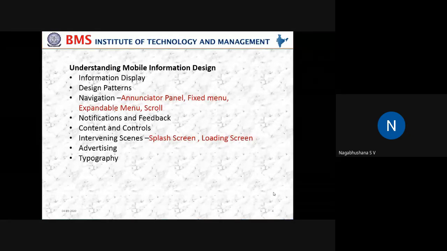Probably you would have observed, if you have connected your mobile device to your smart TV, whatever the mobile layout is, the same interface gets projected. But if you want a wider angle, it is not possible to see that in